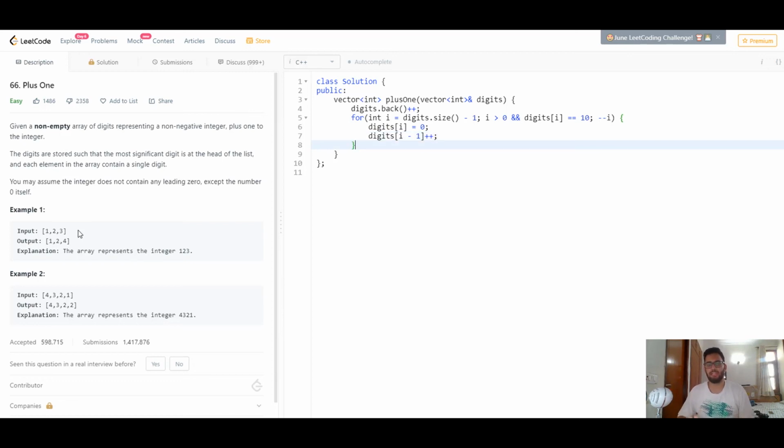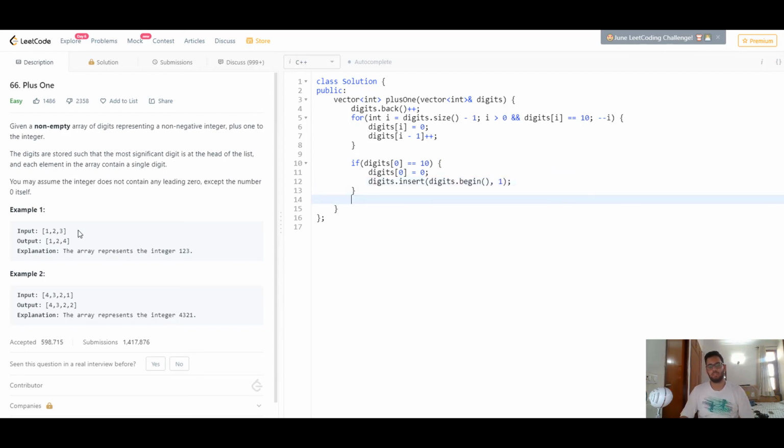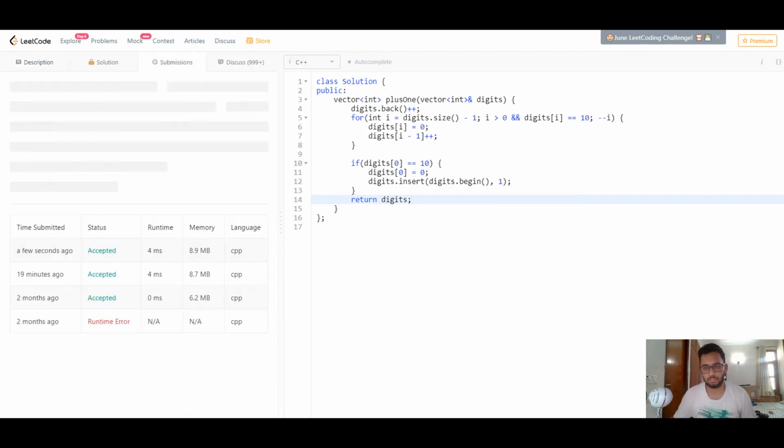So we'll take care of that after this loop: we'll check if the element at the 0th position is equal to 10, and if that's the case, we'll replace that element by a 0, and we'll simply insert a 1 at the beginning. I'll write digits.begin and insert it at the beginning. Now I'll return this array back, and we'll submit this, and this should give us a correct answer.